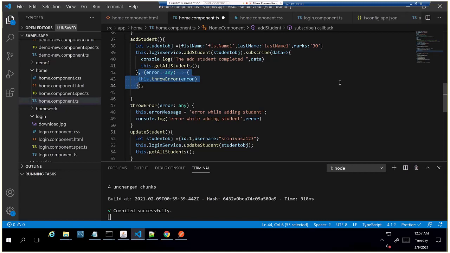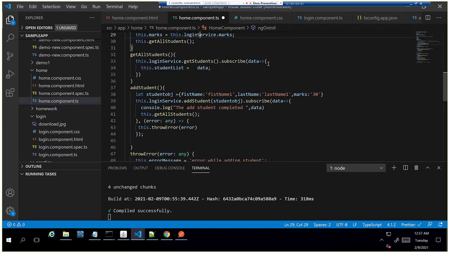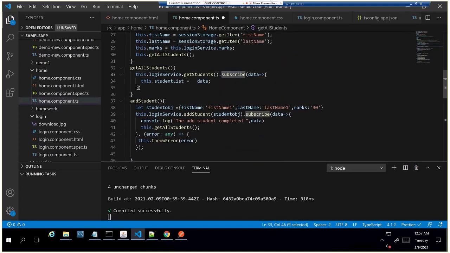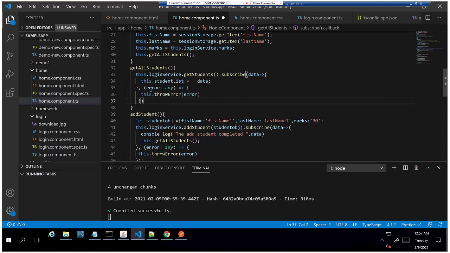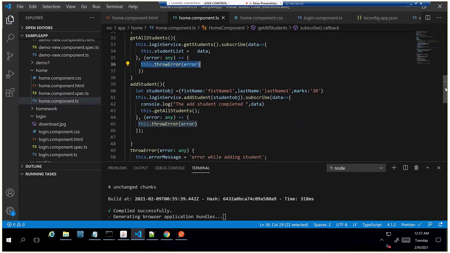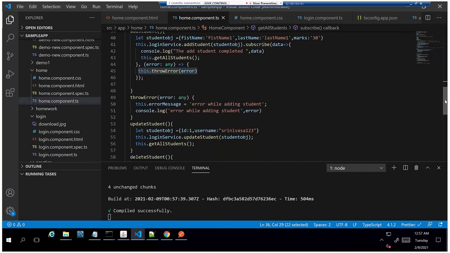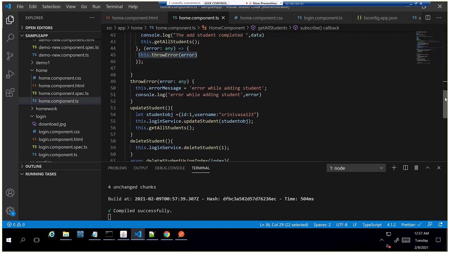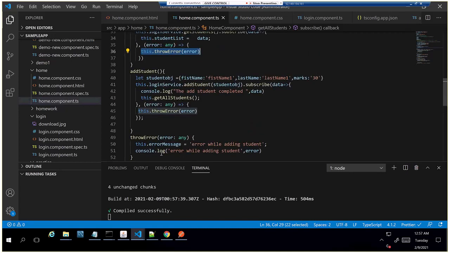Like in my login, in this get students also. Here I have the subscribe method, and after the subscribe method I am adding the error method. This error method will handle the errors and then display them. Got it? So that's called modularizing and reusing software code. Because if we want to change the error message and we change it in one place, it automatically reflects everywhere. Instead of writing in all the different methods, we have written it in one line, and inside this method we can change it.